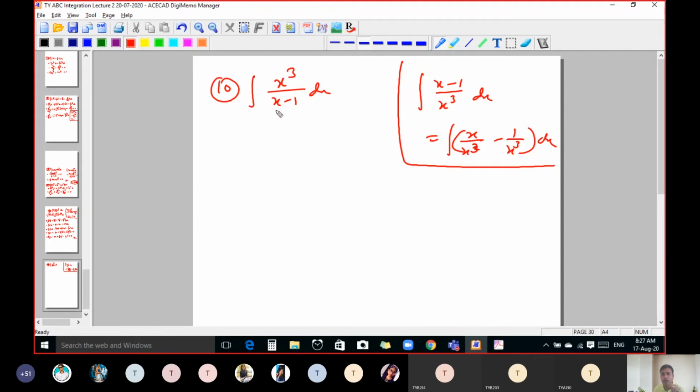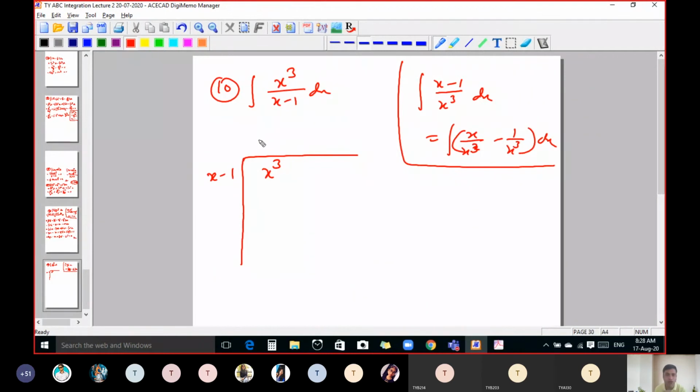Whenever the denominator has a linear function, and in the numerator either it's a linear function or any polynomial function, whatever the power of x, x square, x cube, x raised to 4, anything, in that case, first of all you have to simplify this by using the division rule. By using the division rule, you have to write x cube, whatever is here, as it is. Instead of x cube, if it's x cube plus 7x plus 3, whatever it is, just write it here. And here you have to write x minus 1.